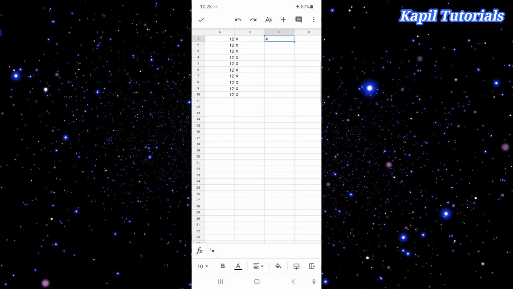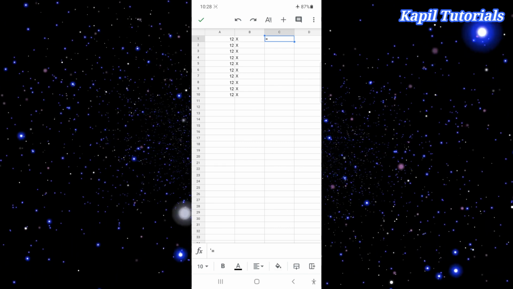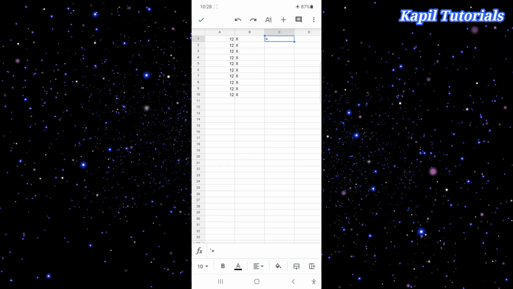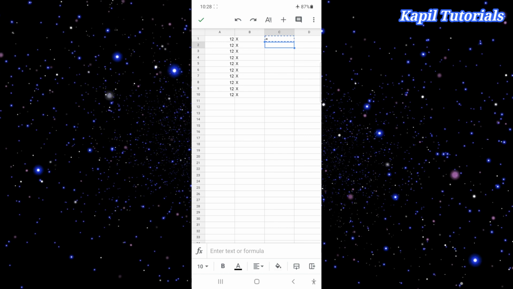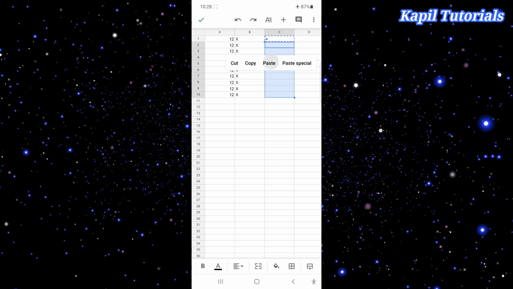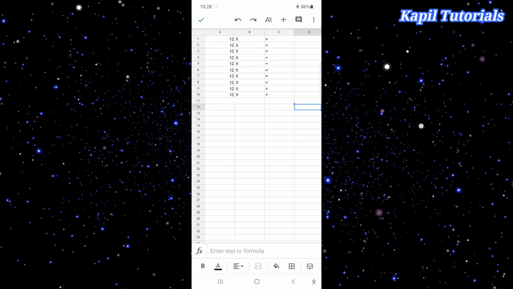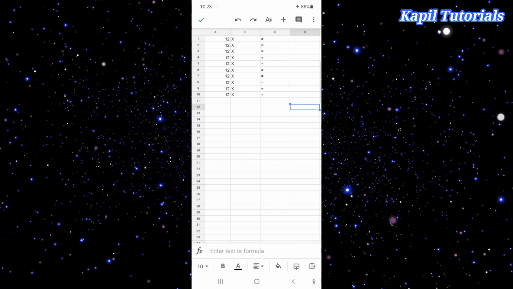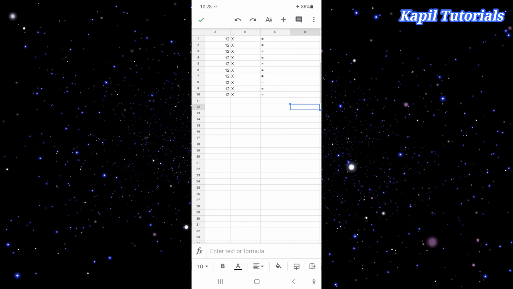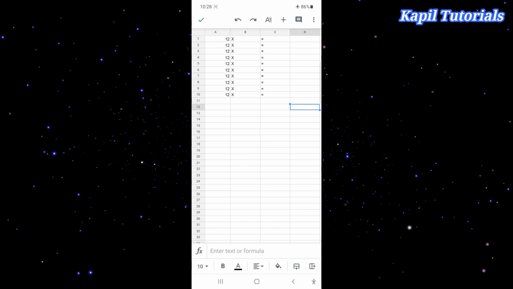Okay. Now the same way, I'll just select, copy, and then paste the process, you know. Now in between I want to insert one column where I can write 12, 12 to 24, like this.